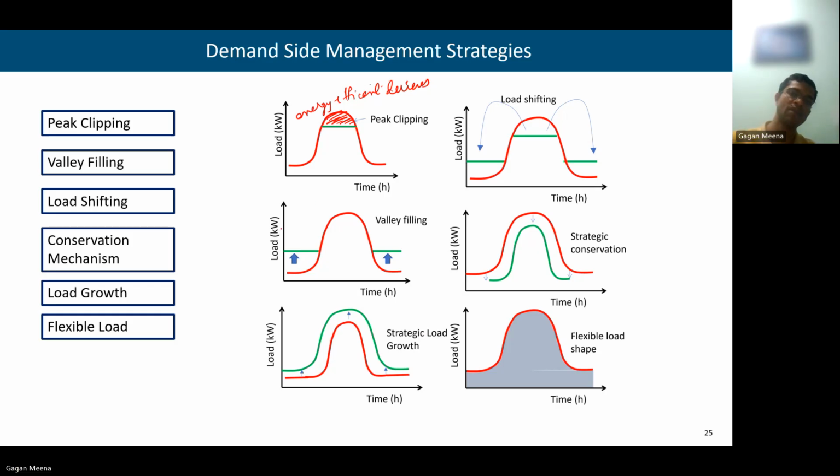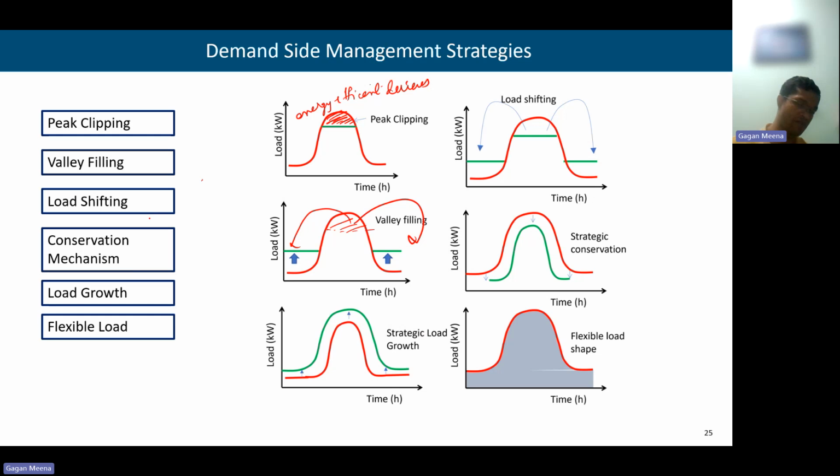Then next one is valley filling. Here the axis scope, this axis peak demand is shifted both the sides. We are trying to fill the valley. Our main aim is to achieve a flat load profile like this, but we cannot have it. It's very difficult,